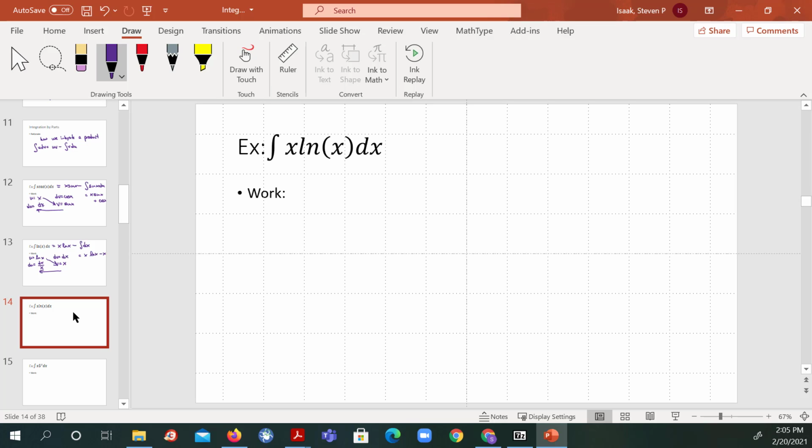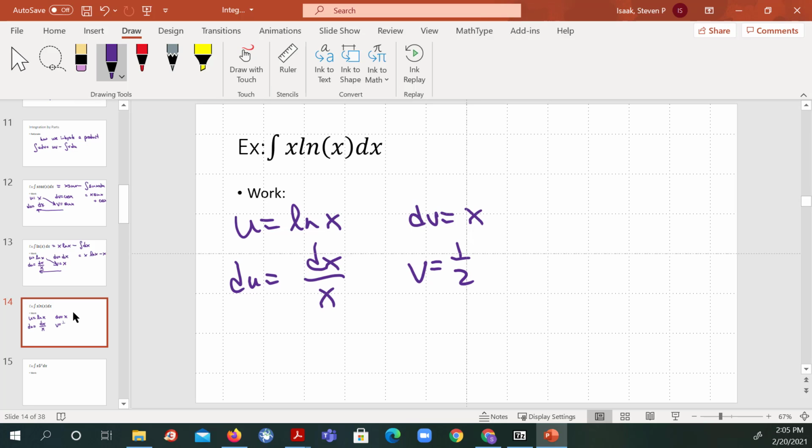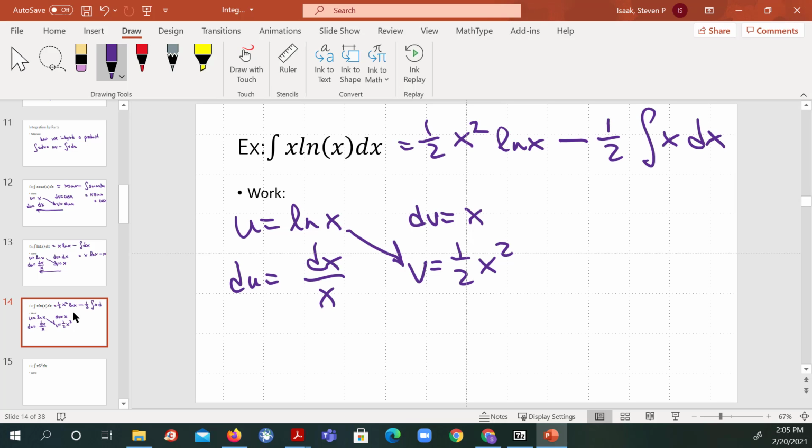Now, this is a similar problem. We're going to let u be ln x, so du will be dx over x. We're going to let dv be x. Its antiderivative is 1/2 x squared. So uv is 1/2 x squared ln x minus the integral of 1/2 x squared times 1 over x, which is x. So this will end up being 1/2 x squared ln x minus 1/2, oh, not 1/2, excuse me, 1/4, because,